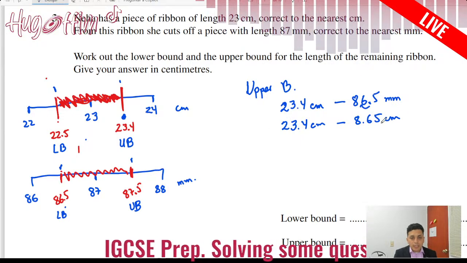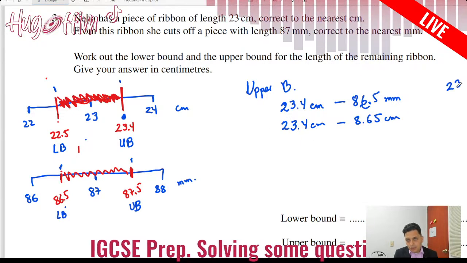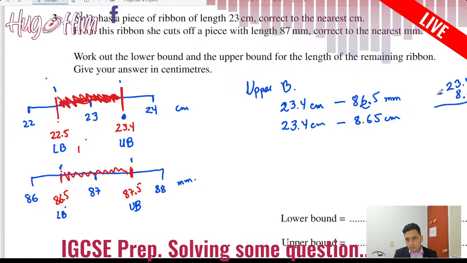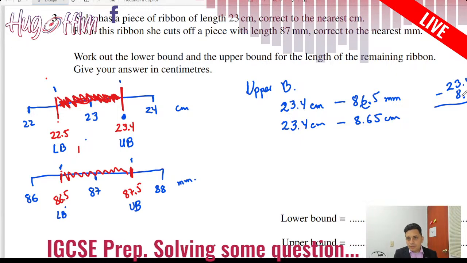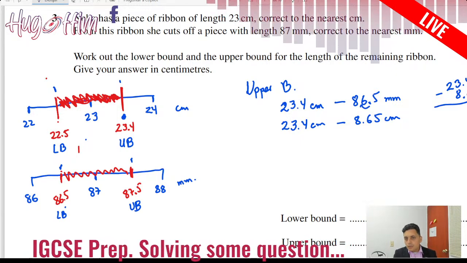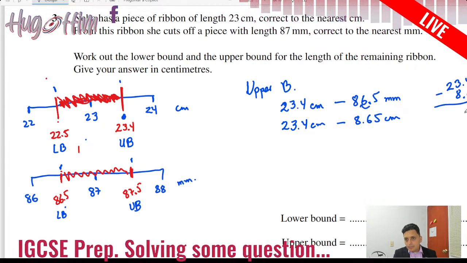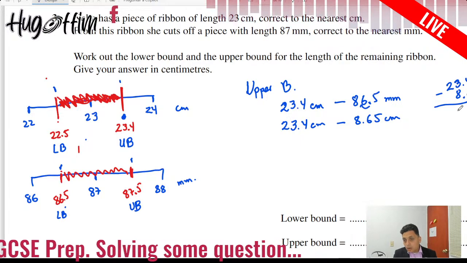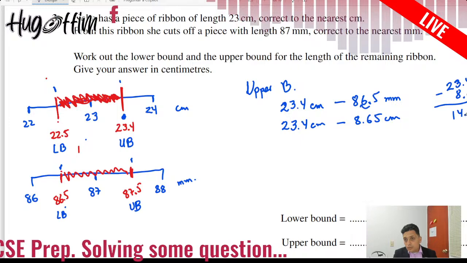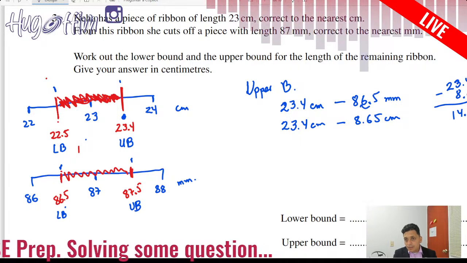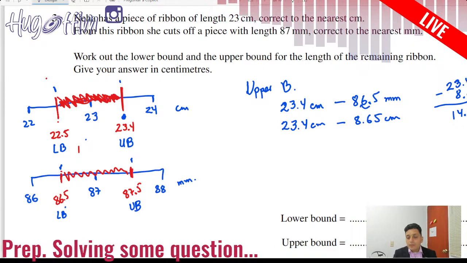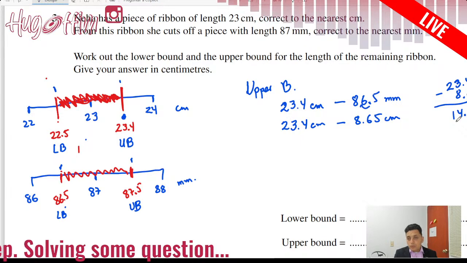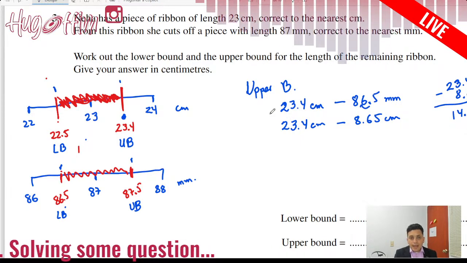Now I just need to subtract these numbers. I'm going to subtract it here quickly. So let's subtract. 10 minus 5 is 5. 13 minus 6 is 7. 12 minus 8 is 4. And this is 14. I'm just going to check. 5 plus 5 is 10. 1, 7 and 6, 13. 1, 14. 8 and 4, 12. And 1, 13. 1, 1. Okay, 14.75. So the upper bound is going to be